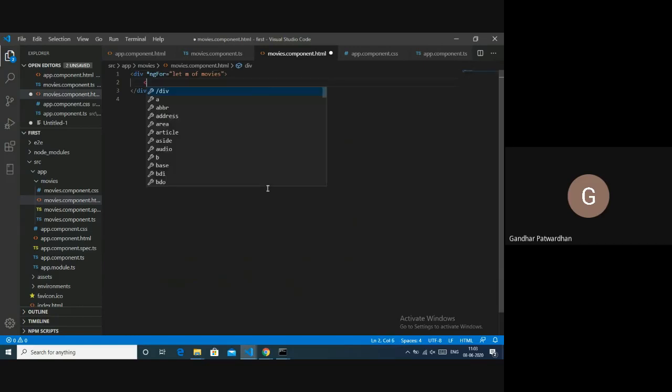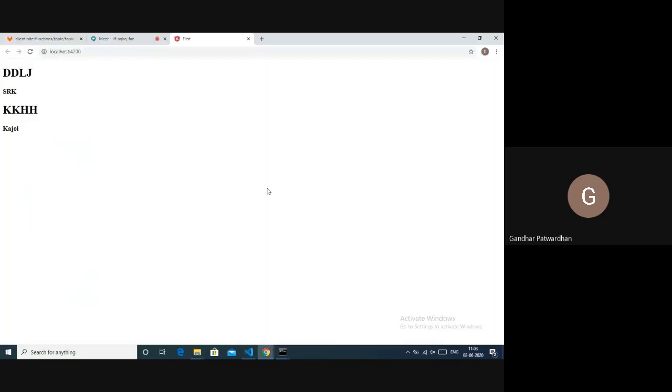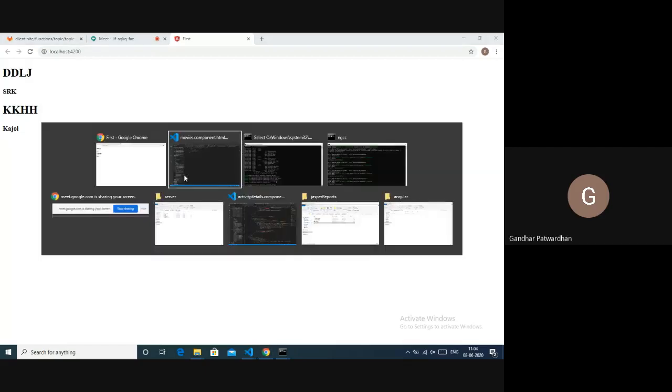And here I would use an h1 tag, and I can give m.name, and I'll use an h3 tag and say m.actor, and I will save it. So if you can see, we got the data of our movies displayed.